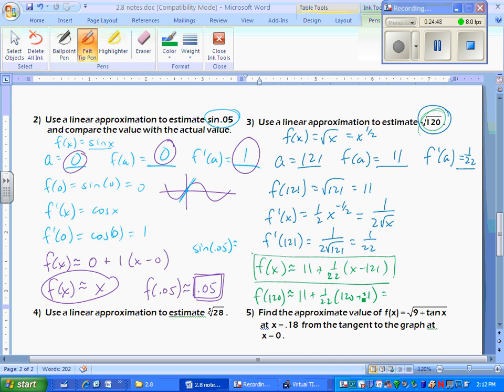So 120 minus 121 gives us -1 times 1/22. So we basically have 11 minus 1/22. We could write that as 10 and 21/22. That would be an approximation in fraction form, but if we were to go ahead and write it as a decimal,